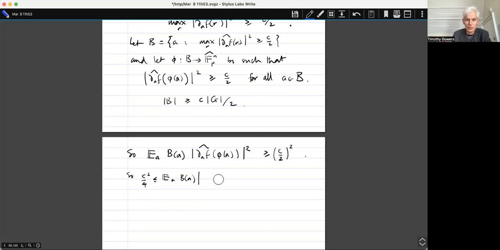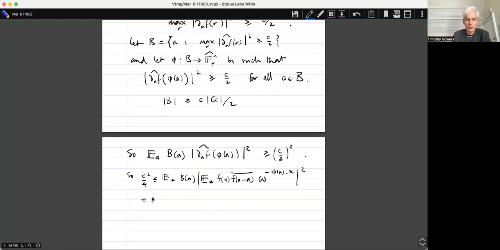I need to put an expectation over x in here, and then I have f of x minus a, so that's partial a of f evaluated at x, and then I have omega to the minus phi of a dot x. So phi of a is an element of F_p^n hat, and then a square there,